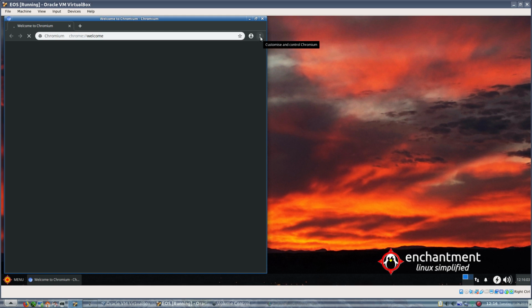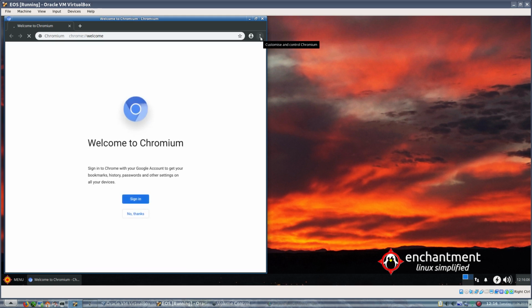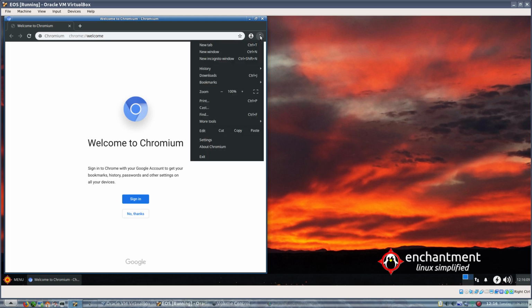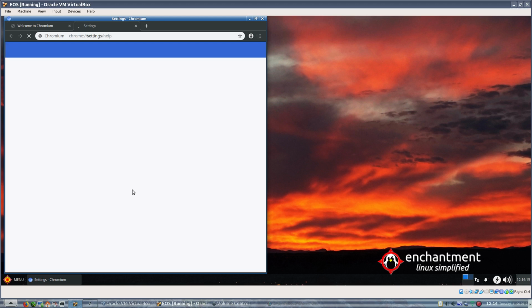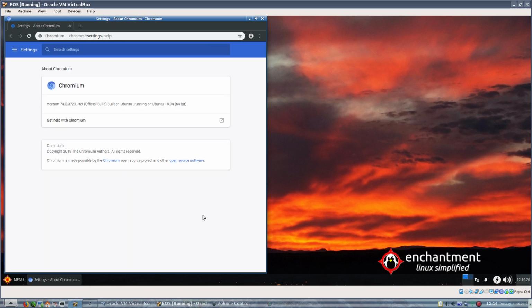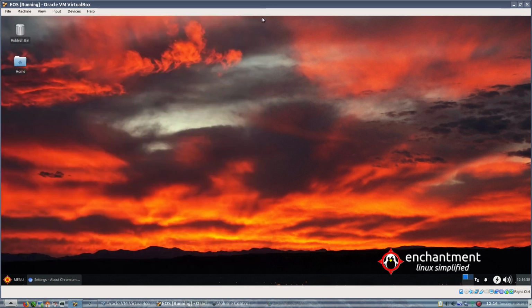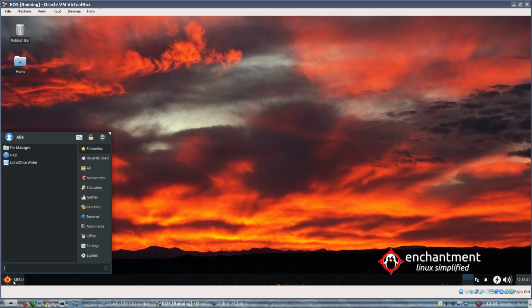So we have Chromium here. Let's see if I can find the version. Let's try this again, and we want About Chromium. Which seems to be taking its time for some reason. Version 74.0.3729, based on Ubuntu, and it is 18.04. Oh, there we go. Let's see what else we have here. Under multimedia, we have our